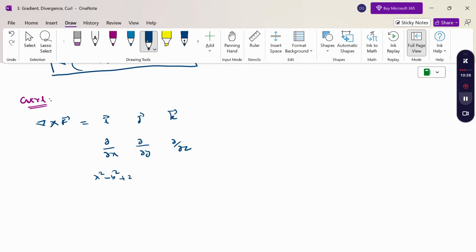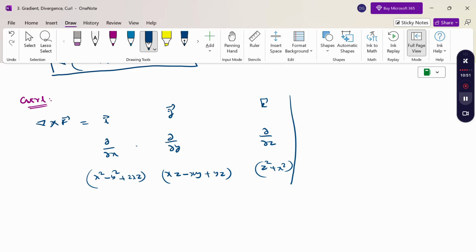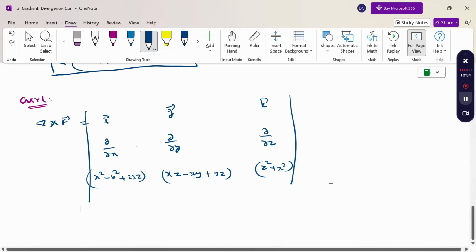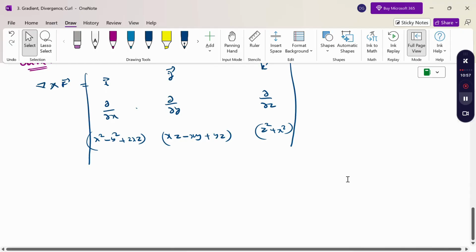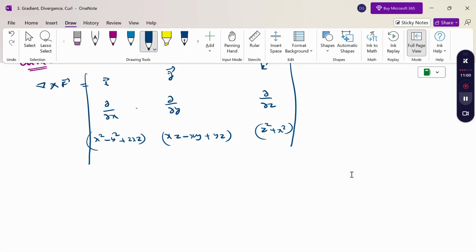y square plus 2xz. And then this is the j vector coefficient, xz minus xy plus yz. Then the k vector coefficient is z square plus x square. Now the value of this determinant. The determinant is the curl. Now to find the determinant, when I am taking i, leave this